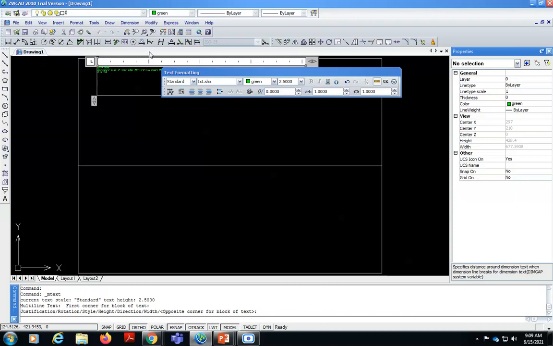It is cut by an auxiliary inclined plane at an angle of 30 degree to the horizontal plane and bisecting the axis.